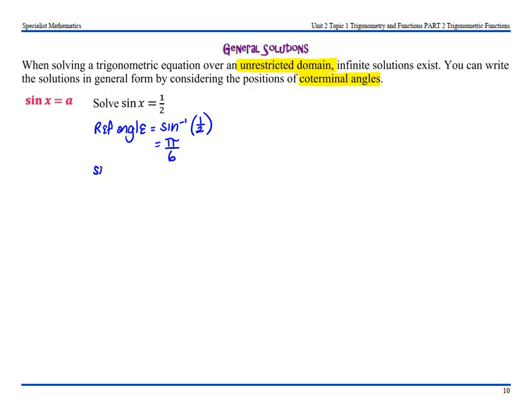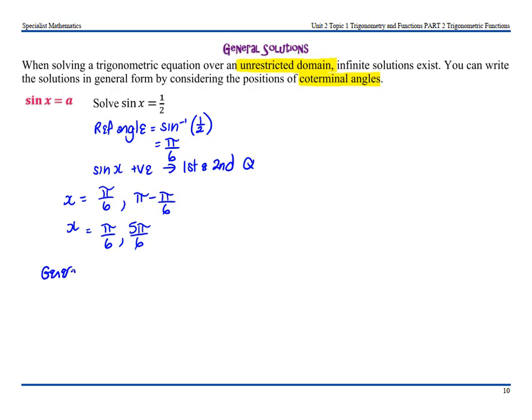We then would go sine x is positive, so we know we're in our first and second quadrants. So our angles would be x equals pi on 6 in the first quadrant and pi minus pi on 6 in the second quadrant. So that's pi on 6 and 5 pi on 6. So that's how we would normally solve. For the general solution,